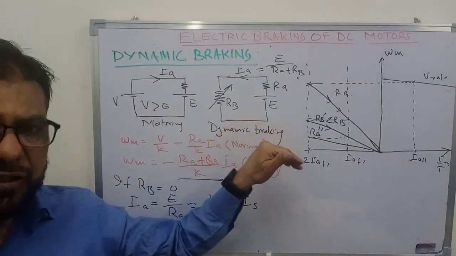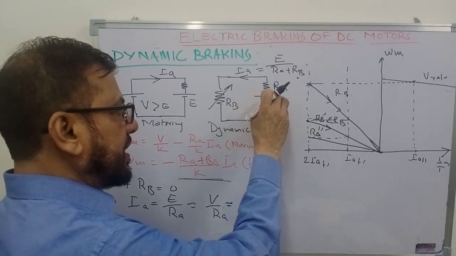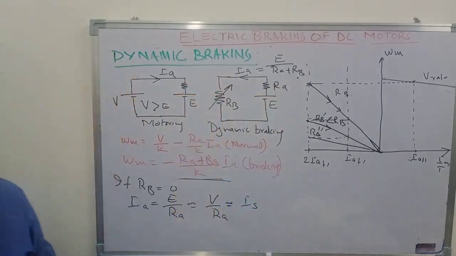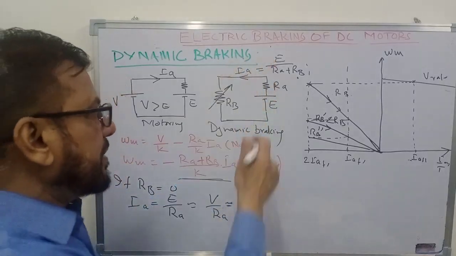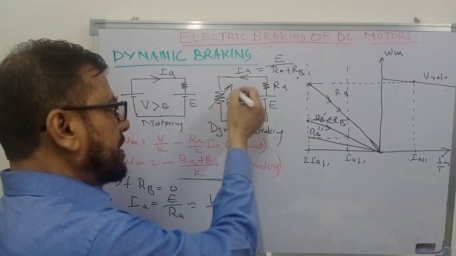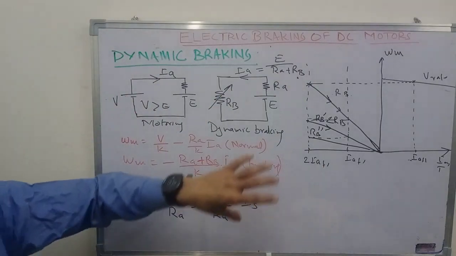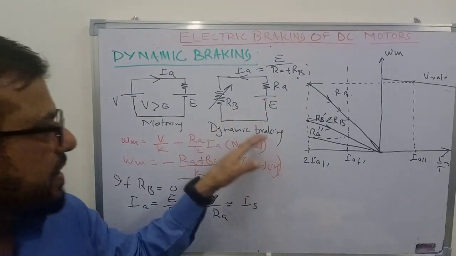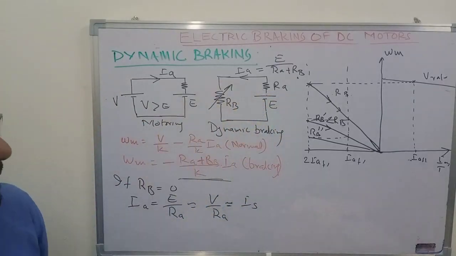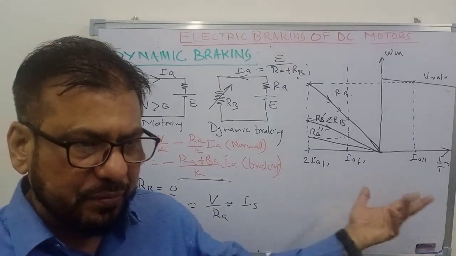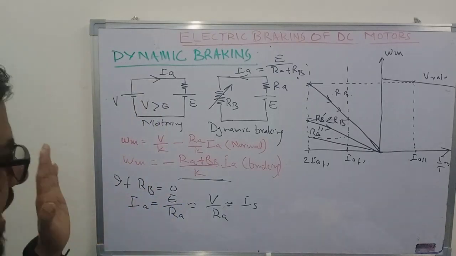So if you compare this method with regenerative braking, you can see that in this case the energy which was stored in the mechanical system of the motor, the kinetic energy, will be released and it will be absorbed by the braking resistance and the armature circuit resistance. So the energy which was stored there is wasted in the form of heat across the armature circuit resistance and the external resistance. So this is an inefficient method as compared to the regenerative braking method. So this is what is known as dynamic braking,